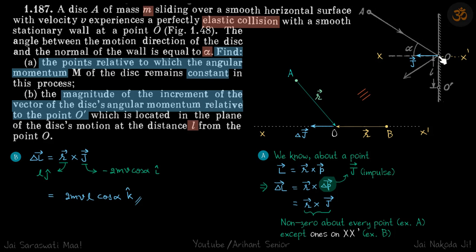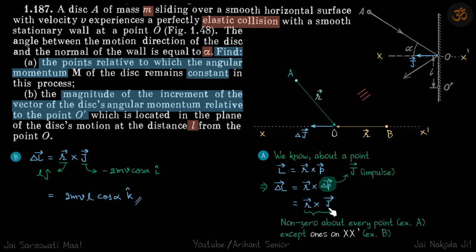So this particle, when it strikes, it will get an impulse from this point, and that impulse will be towards left in the normal direction. So let's call that J vector. Now we know that angular momentum is r cross p, where p is the linear momentum. So change in angular momentum is r cross delta p. Here we are not changing r because let's consider just before the collision and just after the collision. And change in momentum is impulse. So we can write this as delta L as r cross J.